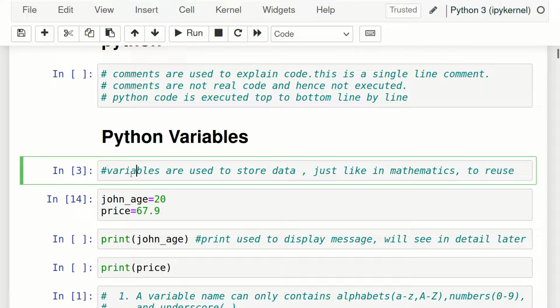I will suggest you to use comments very much or frequently to make the code understandable. Even suppose some other person sees your code, then they will understand what this thing is doing. So better to use comments. Okay, now enough about comments. Now we will start coding.